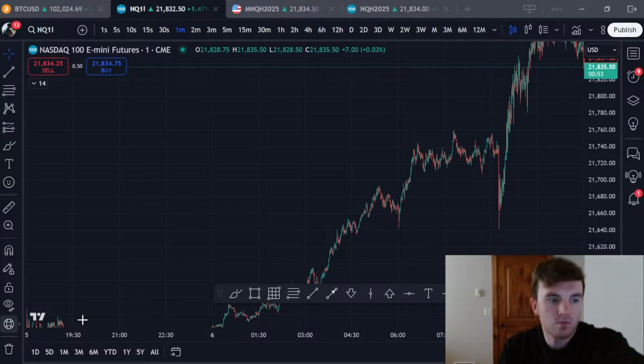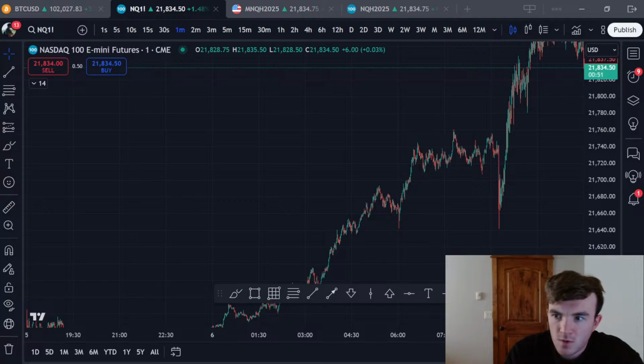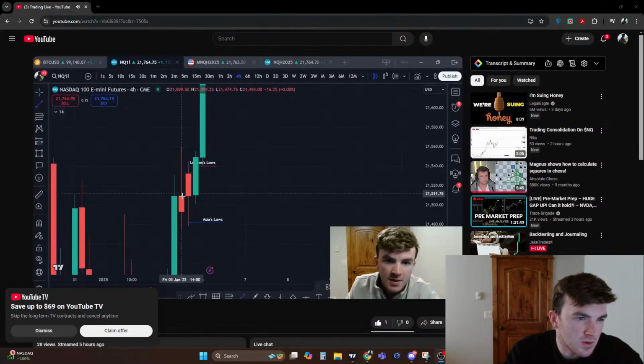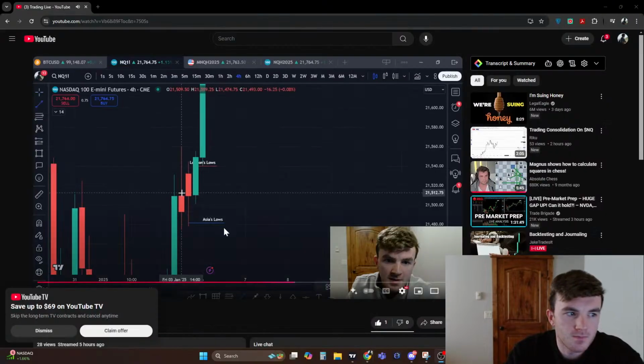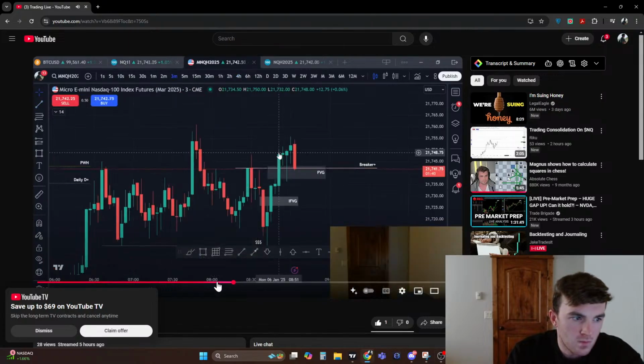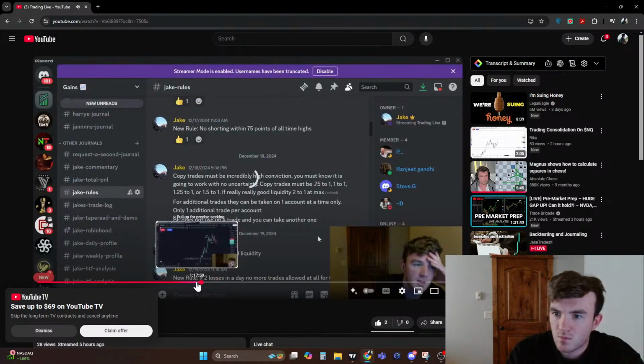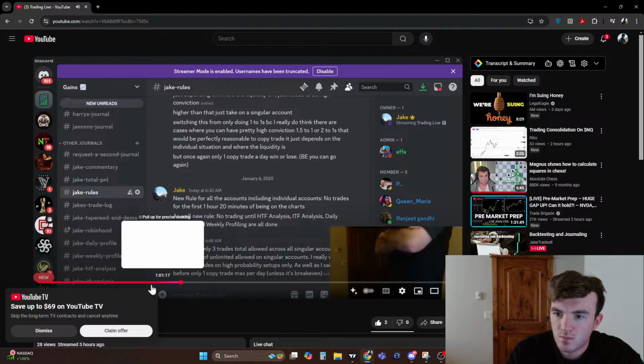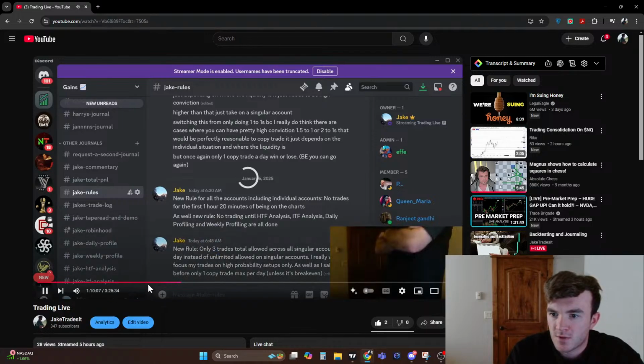So we have this 4-hour order block. I'll show you. It's so weird. This is a down close candle and then another down close candle. So the first trade I took,